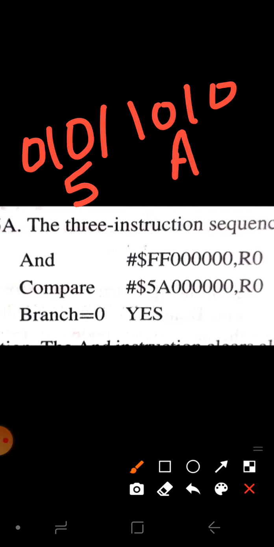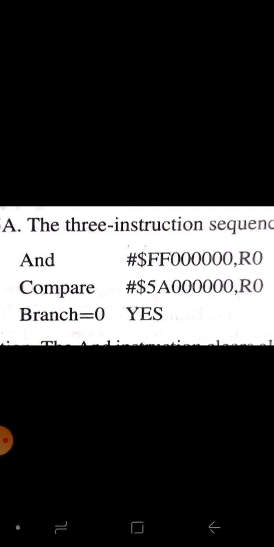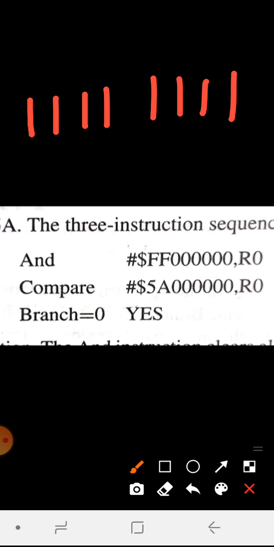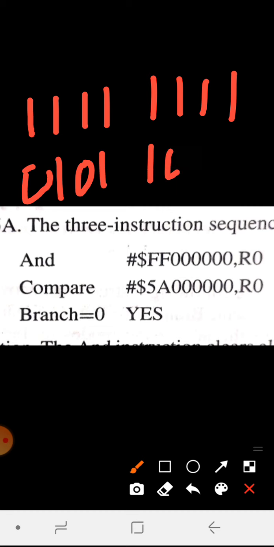We are trying to check whether the leftmost character we are using is Z. Say this is a 32-bit register, so the 32-bit information is stored in R0. Next we perform the AND operation with 5A. If there is a match, then we branch to S. The AND instruction is used to clear a few of the bits. So this FF is represented as 1111 1111. Next is 5A.